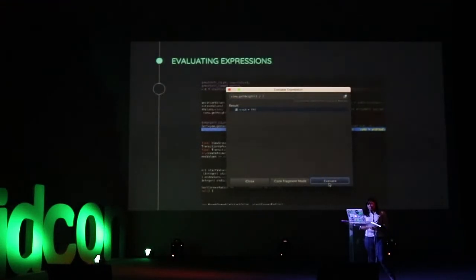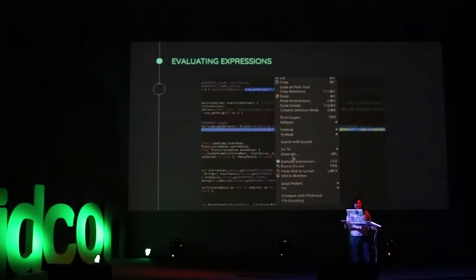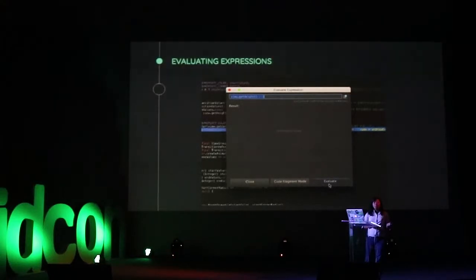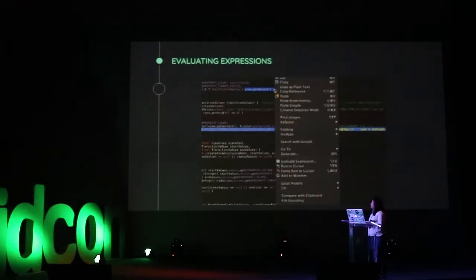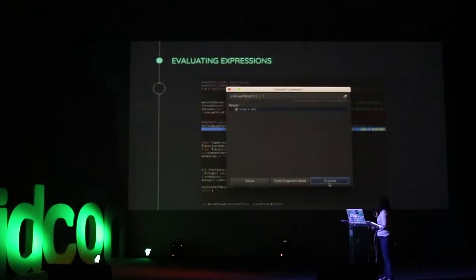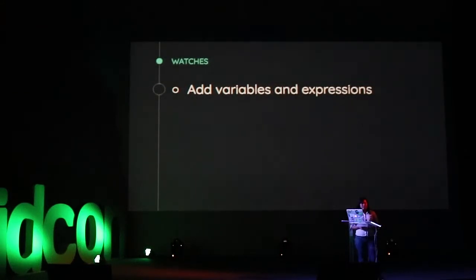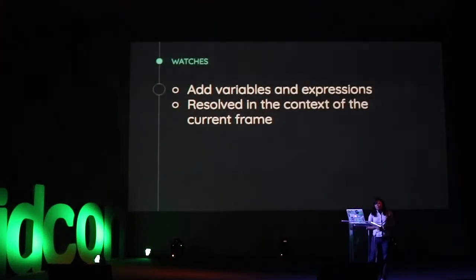So, most of the time, however, we are not interested in computing values on the fly as we debug, right? We know what variable we're interested in. We know if we are doing any weird stuff to that value. So this is when watches become extremely useful. Watches is the last pane in the window. So what actually are watches? In the watches pane, you can add any number of variables and expressions. I don't know what the maximum is, but you can add a lot. And the watches pane will resolve them all for you in the context of the current frame.